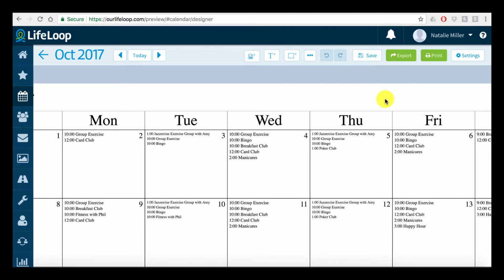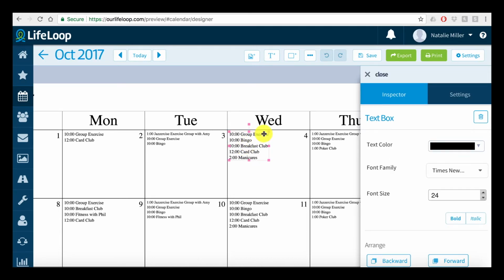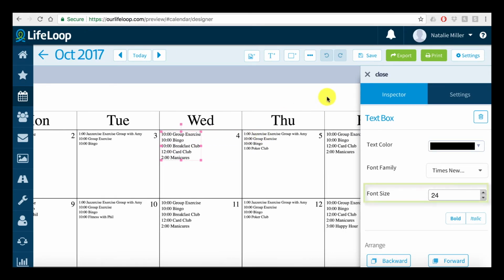The first update is standardized font size. You will now notice when you click on text, for example, we will click on the 4th, in the inspector, it tells me that the font size is 24. If I click on the day next to it, where I can see the font is smaller because of the length of my activity name, it now correctly tells me in the inspector that this font is smaller and is